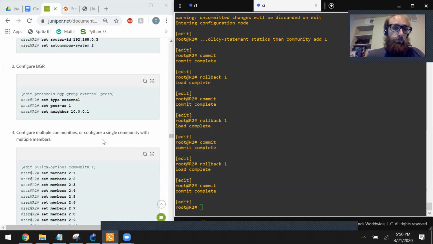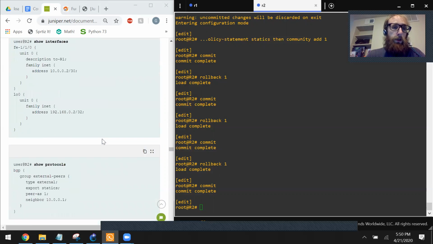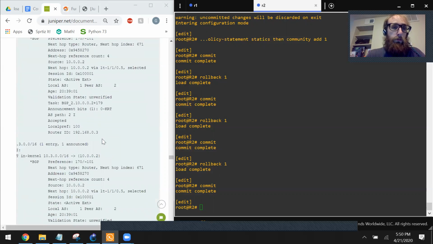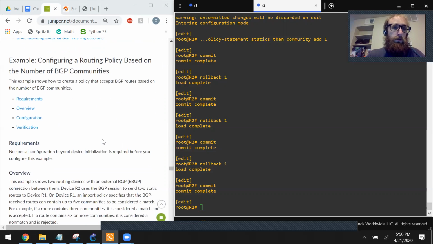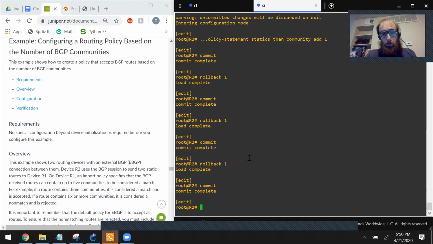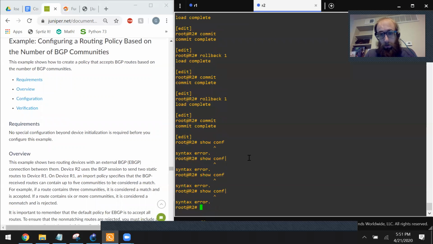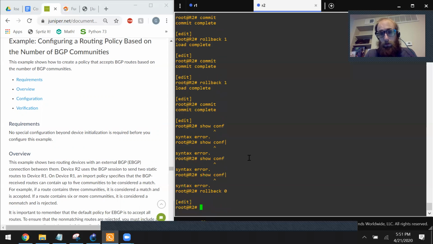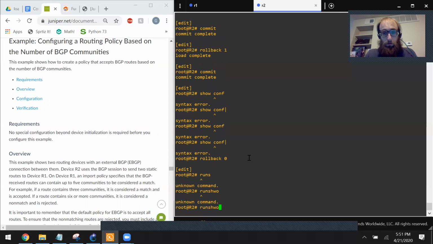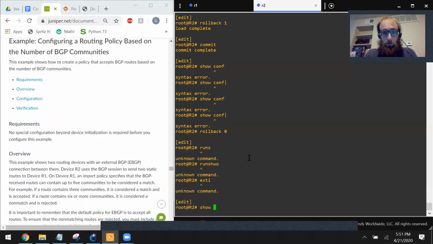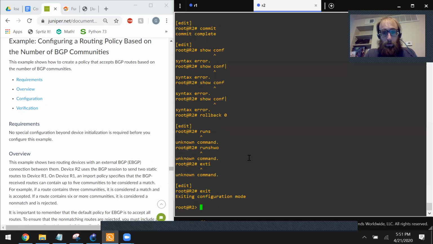So this is going to be a bit different. I would like the practice of typing out all of the configuration again. So show configuration type. Oh, right, because I'm in a different mode. I'm in config mode. Okay, so run show, oops, show system rollback,